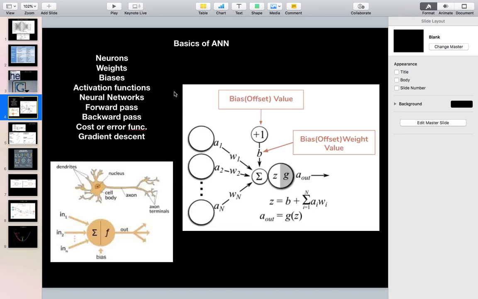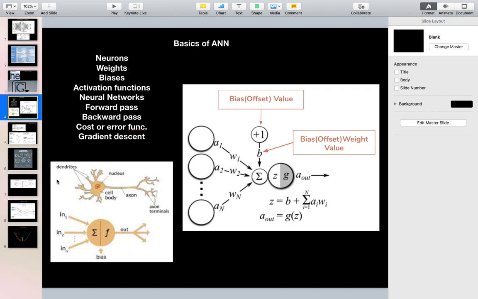So the artificial neural network consists of various parameters, various basics. These are neurons, then we have weights and biases, activation functions, neural networks, forward pass, backward pass, cost, and gradient. These all things were there in other models also, in logistic regression too, but those were just a regression kind of thing. Here we are coming into making a network so that we could have millions and billions of calculations, and that would perform in a much better manner, right? So let's go ahead, guys.